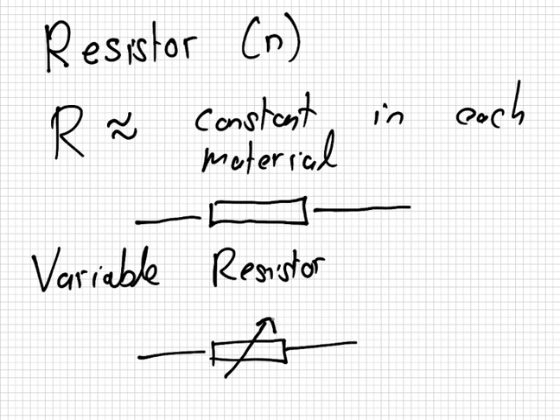So in fact, all that variable resistor is doing is you change how much material the current passes through. Why not just do it in the lab? And that's what we use in the lab to change the resistance. Yeah. So usually what you have is